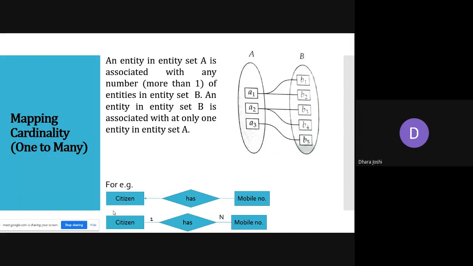What is the notation for writing this mapping cardinality? Wherever we have a one relationship, you can either write 1 on the connecting line, or you can draw this arrow. Or if you have many relationships, so you can have n number of connections, you can write n on the connecting line. Or if you have many connections, you can directly connect these two entities and relations.